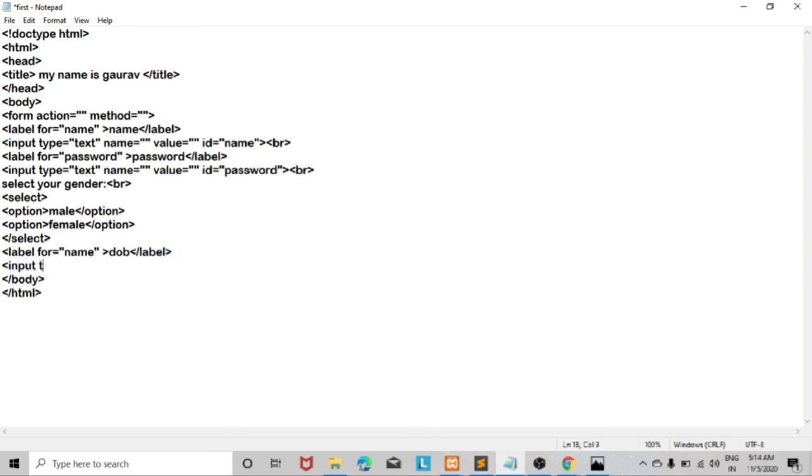In that input, for creating DOB, you write the type attribute and mention date, and then you write the ID attribute because we have used for, and what you write in for, you have to write there. Then you use name and value, and just see what magic it creates.